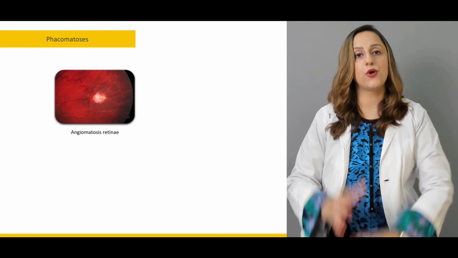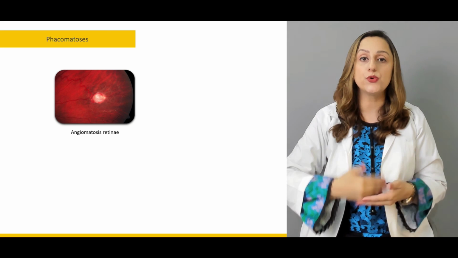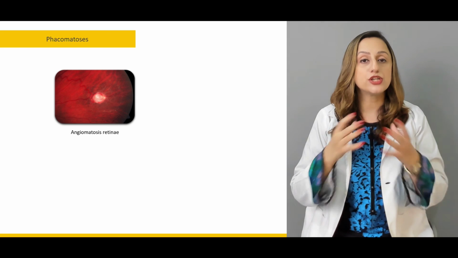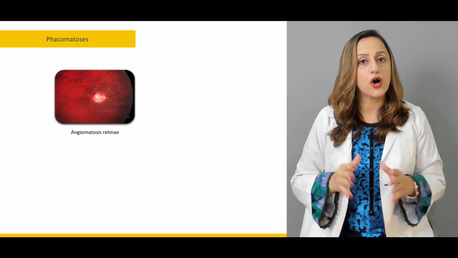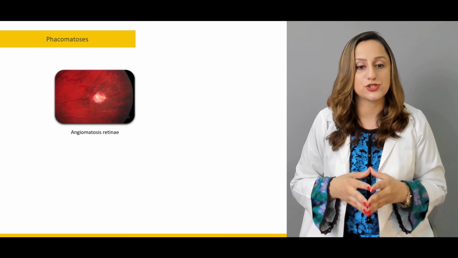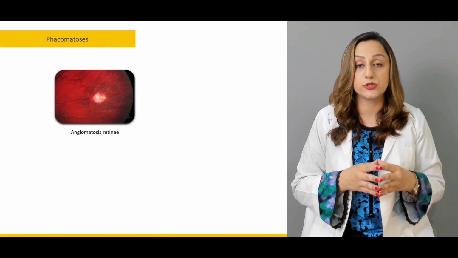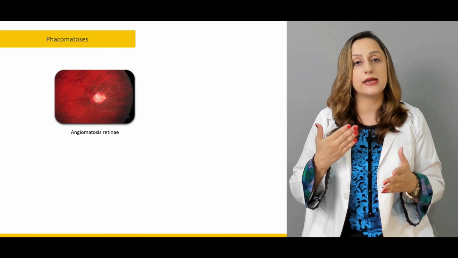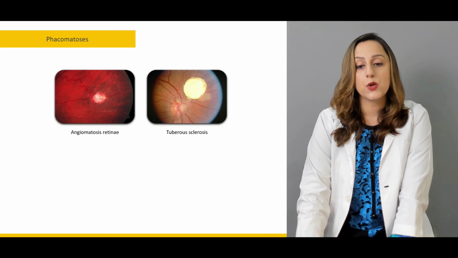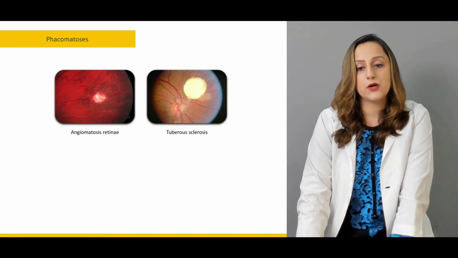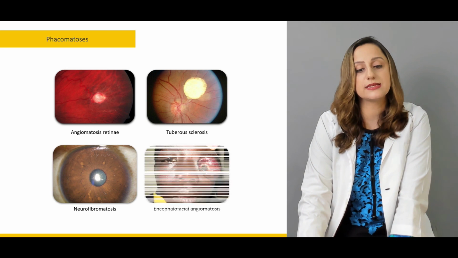Phacomatosis, as we've already gone through, is basically the syndromic conditions. Usually these are the neuro-oculo-dermatological manifestations that occur in these patients. So there are these three major components that we usually have in these patients. For example, the examples would include angiomatosis retinae, which is also known as von Hippel-Lindau disease. It's one of the syndromic conditions that occur. We have tuberous sclerosis, which is also known as Bourneville disease. And then we have the neurofibromatosis. Finally, we have the